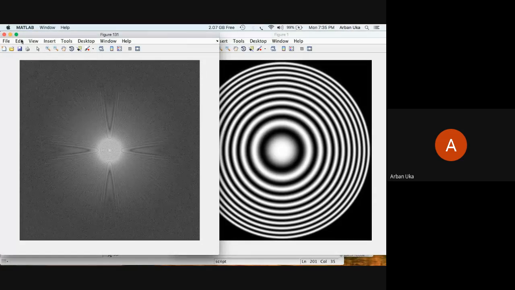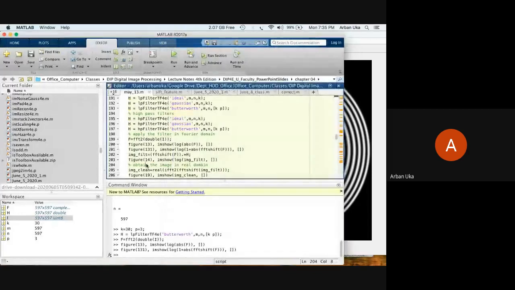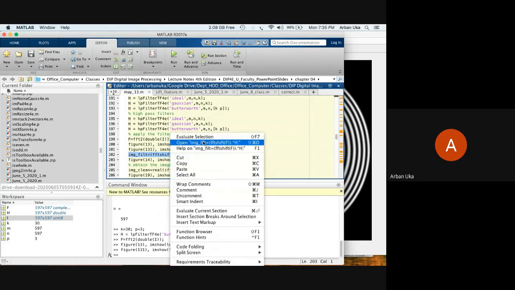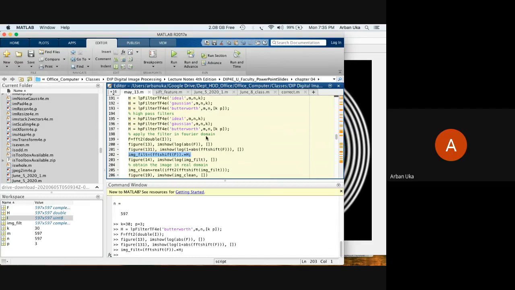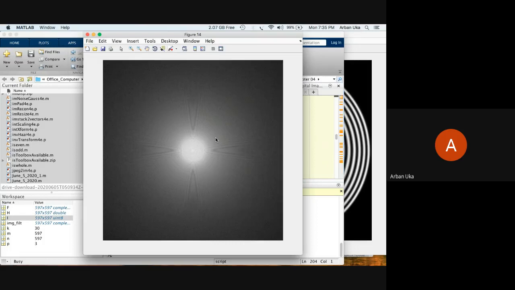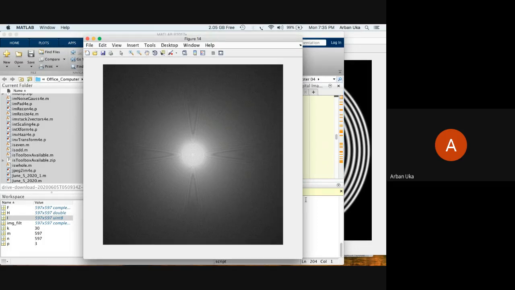This large dot corresponds to this feature that we have at the center. Now let's take this away for a moment. So this was the shifted, which we plotted using line 201, and then we can now multiply, and by the way, we have to look also at what H is. So we can multiply, evaluate the selection. We find the image which is filtered, and this is figure 14. Apparently, we have used